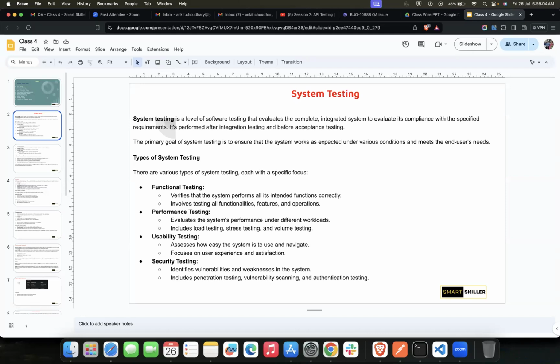No problem. You can make as many mistakes as you want during the class, because we can correct those mistakes. System testing is software testing where we go through the software testing life cycle, evaluating the things and specified requirements, and acceptance testing as well.